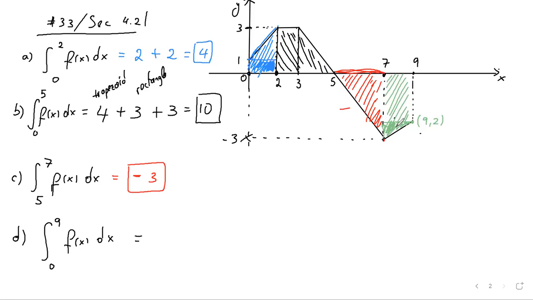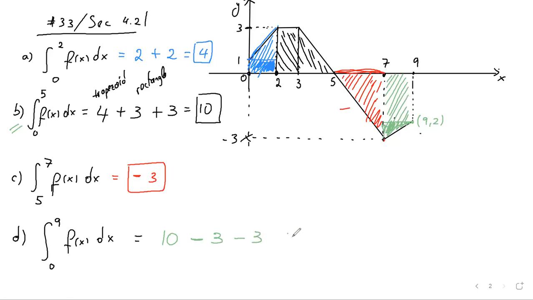So the area of this triangle is going to be 1. And the area of the rectangle underneath is 2 times 1, so it's going to be 2. So altogether, we just calculated from 0 to 5 in part B. That's the one above the x-axis, so that's going to be 10. And then we subtract the red one, which is already calculated as minus 3 earlier at C, and then minus, over here we have 1 plus this area of 2, which is minus